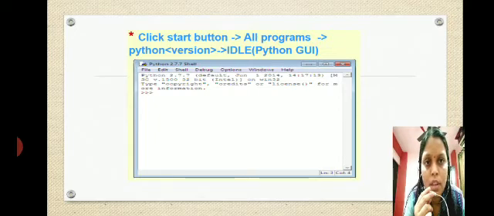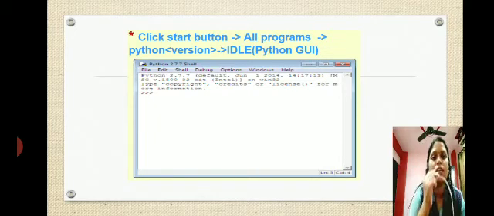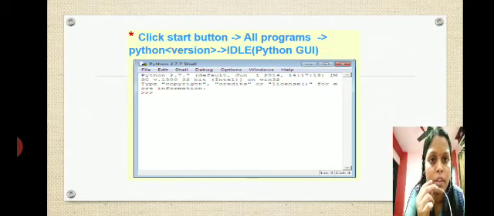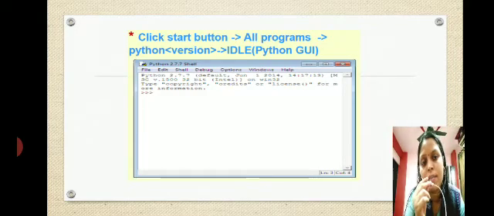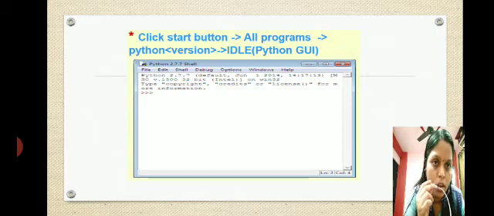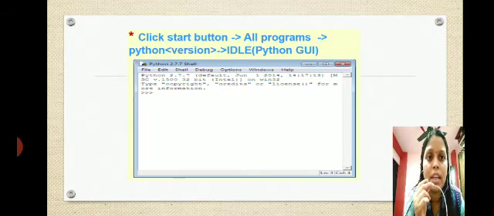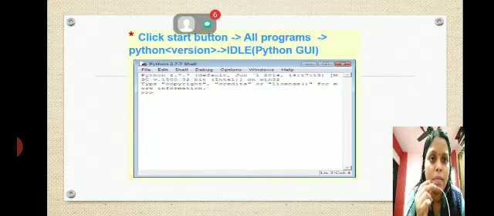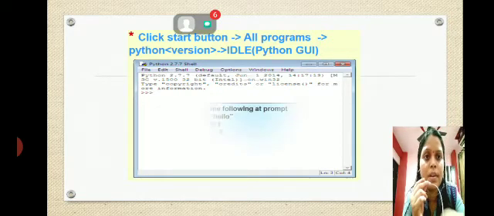That means it is showing the version of Python that you have installed right now. And the 3 angular brackets are the command prompt with the cursor, which means from there you can start typing your programs. IDLE means integrated development and learning environment. In this environment we use things only for learning purposes.